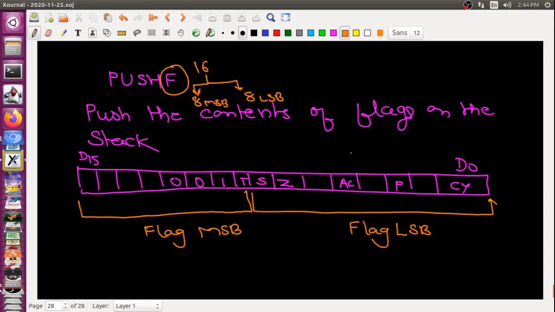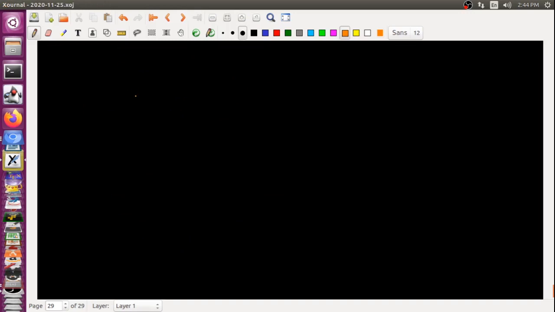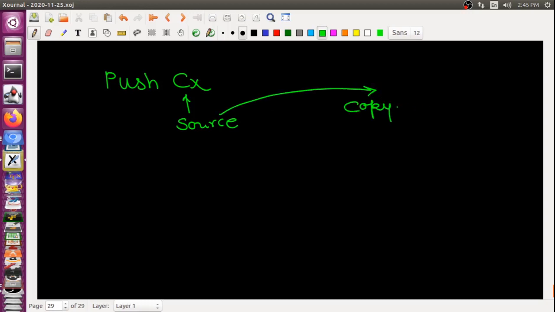Similarly, the reverse of this is available with the help of POP. The POP instruction has a format. Please remember, if I write PUSH CX, this is called the source, and the content of this source will be copied onto the stack.